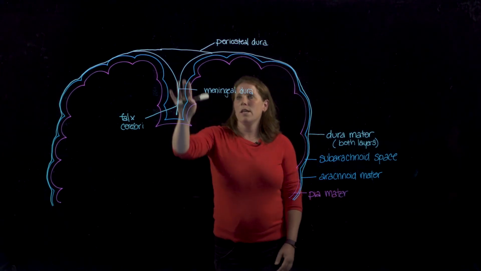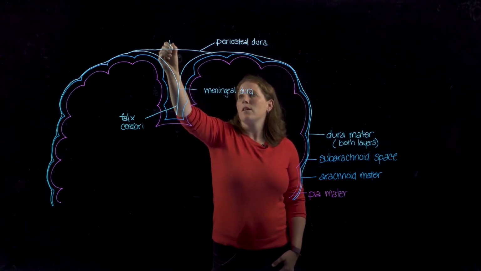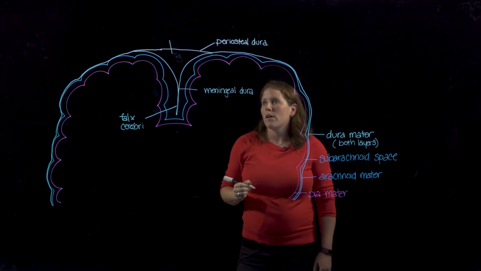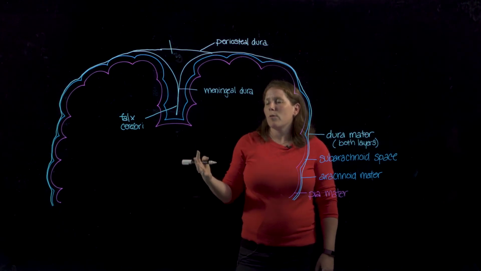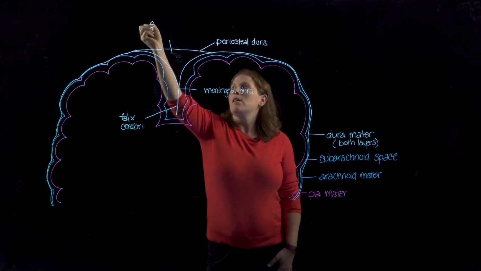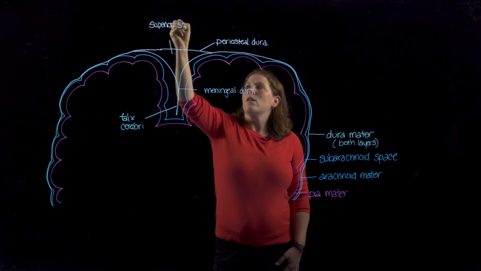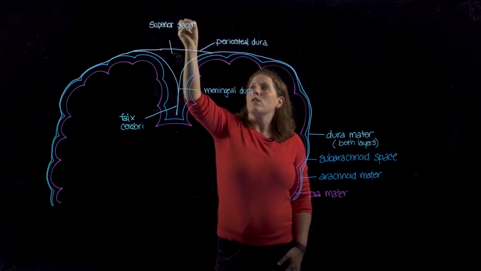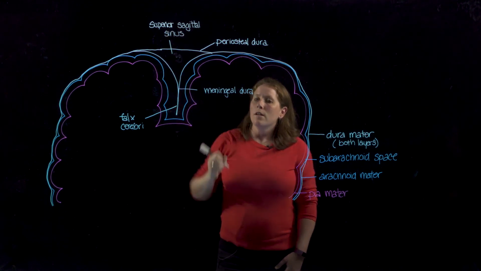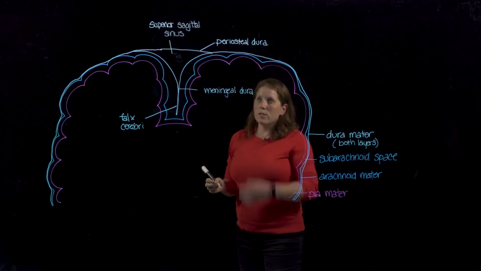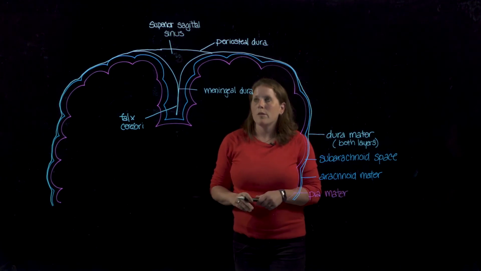You can also see that the separation of those dural layers has left a space, and this is one of our dural venous sinuses. Specifically, the way I've drawn this would be the superior sagittal sinus. Now, the dural venous sinuses and this superior sagittal sinus are carrying deoxygenated blood from the brain back towards the heart ultimately,